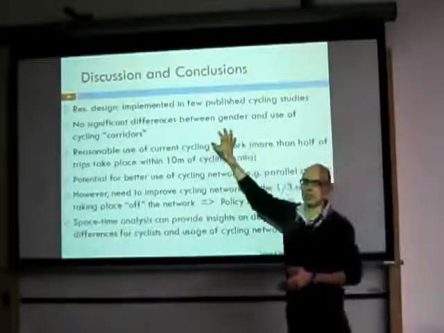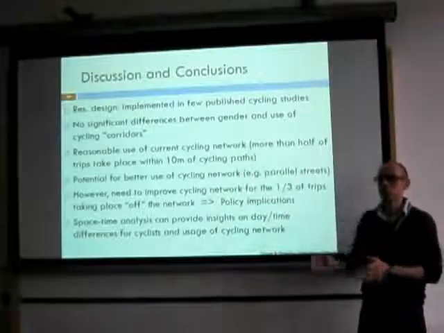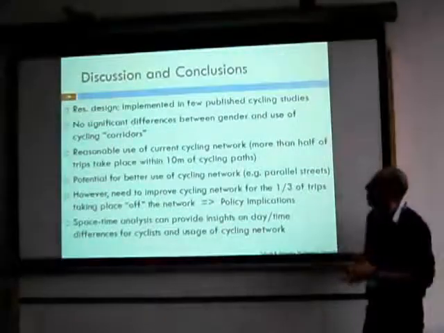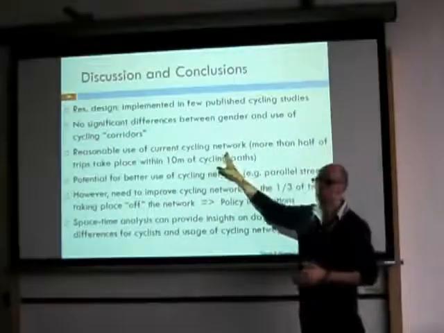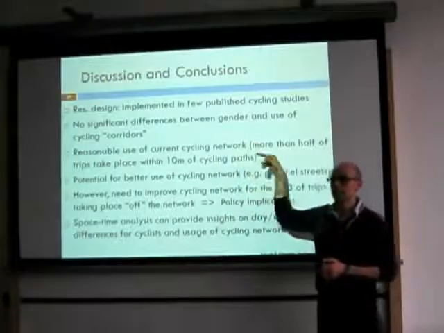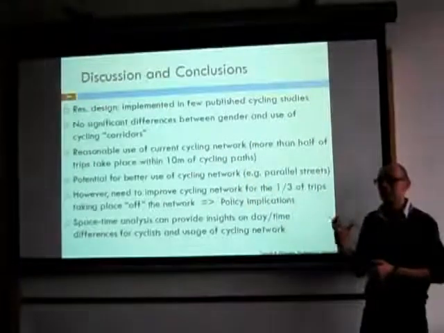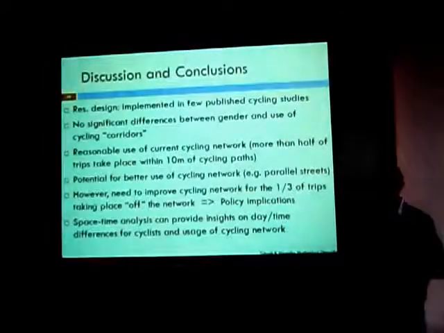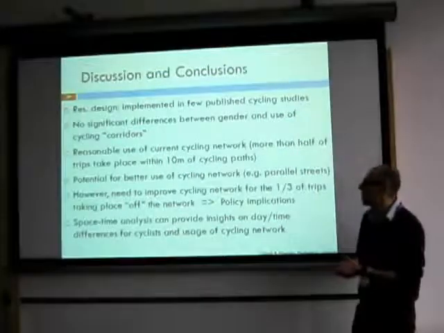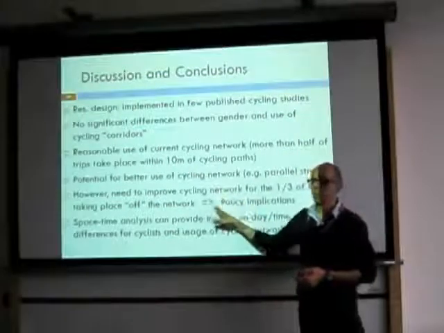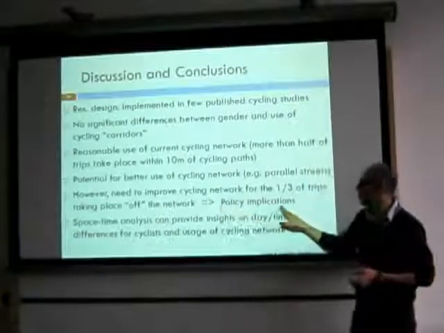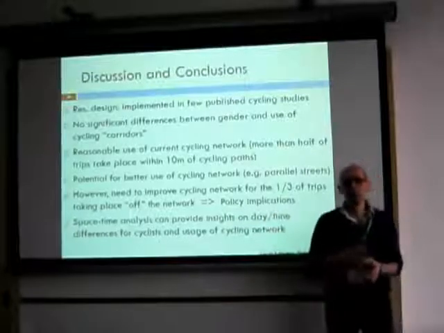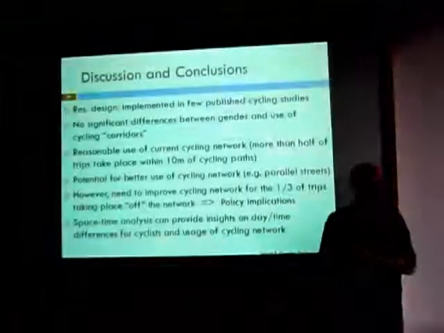There are no significant differences between men and women when it comes to whether they cycle on or off the network, you know, these things about safety, etc. In our sample, they tend to have similar behaviors. And there is reasonable use, two-thirds of these kilometers are cycled on the network, but there's one-third that people ignore the network. Either it's not good enough, it hasn't expanded enough, we're not aware, or it's not functional enough. What is it about? Well, we need to support this with a bit more qualitative data and inform policy. And finally, space-time analysis can provide some insights in terms of how you use data and how you present it as well. Right, sorry I overran.